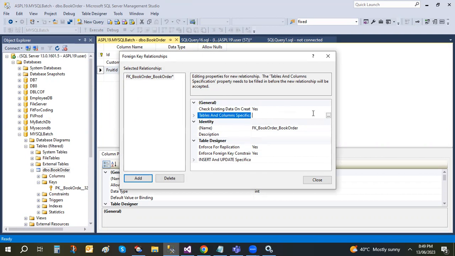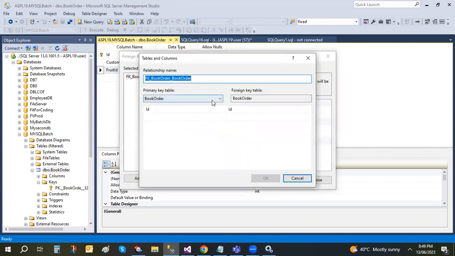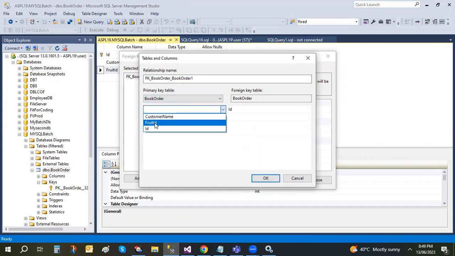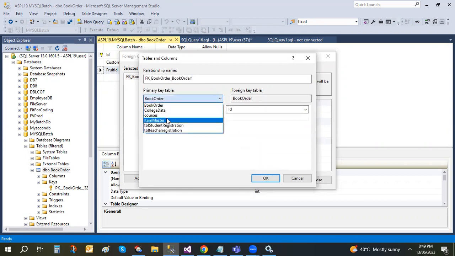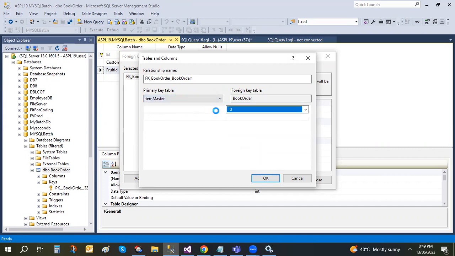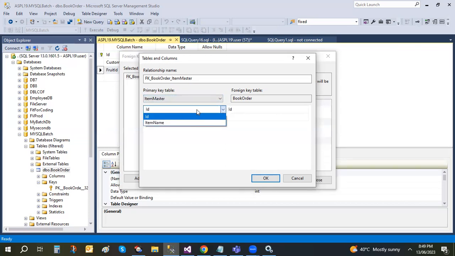When I put the cursor here, three dots will be generated. I will click on the three dots. In the book order table, I will use fruit ID as my foreign key. Item master is my primary key, because it is my parent table. Item master ID, because item master contains apple, fruit, and so on. And in book order, I can